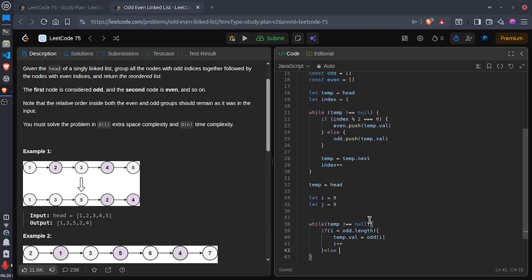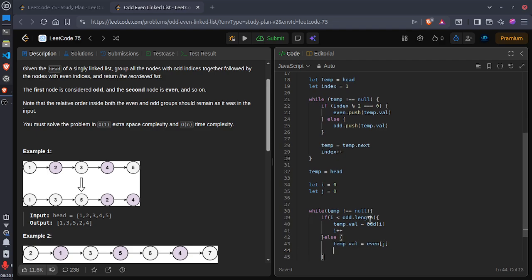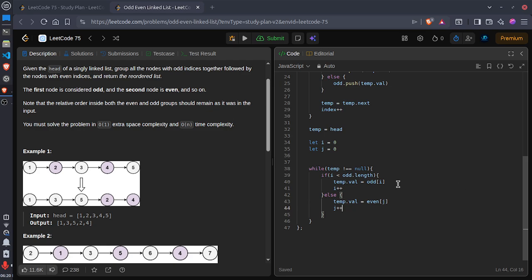Else temporary.val is equal to even[j] and j plus plus. So first fill the odd values, and after i reaches odd.length, meaning the odd array is completely used, we fill the even values.